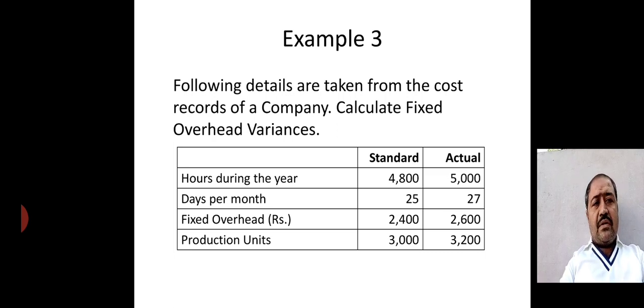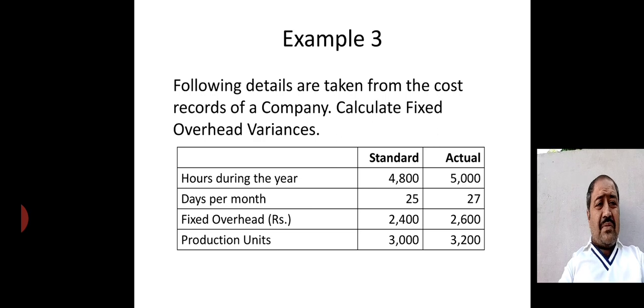Example number 3, as I told you. So let's see the example. Following details are taken from the cost records of a company. Calculate fixed overhead variances. So here standard and actual information is given,